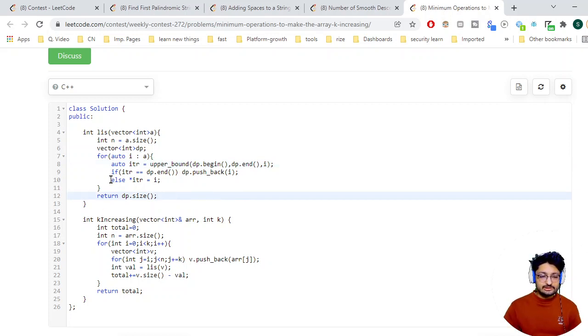As you can see, we are just iterating over all the numbers, and for every number we are doing a binary search. So it is n log n for all these numbers. So I hope you get the point of how we have done this problem. The overall time complexity for this problem will be n log n only. So that is the whole solution for all the 4 problems.